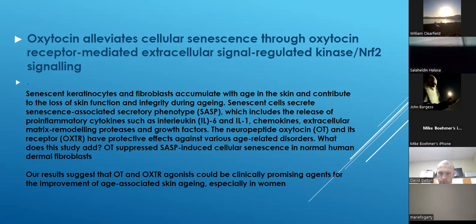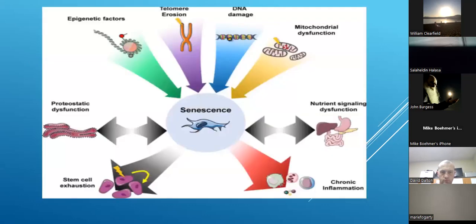So it does help to rejuvenate the body. It helps rejuvenate the skin, the muscle, the bones. Every piece of the body can be rejuvenated by oxytocin, by getting rid of the secretion of the senescent cells and getting rid of the senescent cells themselves by inducing autophagy. And so this is the whole senescence that leads to aging of the cells, and this is all the manifestation of the